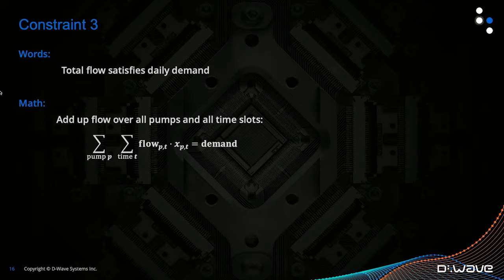And then the last constraint, we needed to make sure that our total flow satisfies that daily consumer demand. Now, for this one, we need to look at what is the flow for each pump. And this is consistent for each pump over all the time slots. So we're going to look at the flow times the binary variable indicator, is this pump used or not? And we're going to add up over all of the time slots, over all of the pumps to see what our total daily flow is and make sure that that equals our consumer demand. You could also use an inequality here if you wanted to make sure it was at least the consumer demand. I'm going to use an equality here just so that when we look at the code, you can see a little bit of the difference in what those look like.